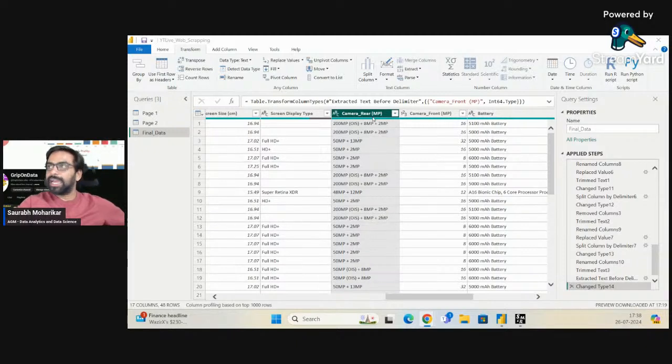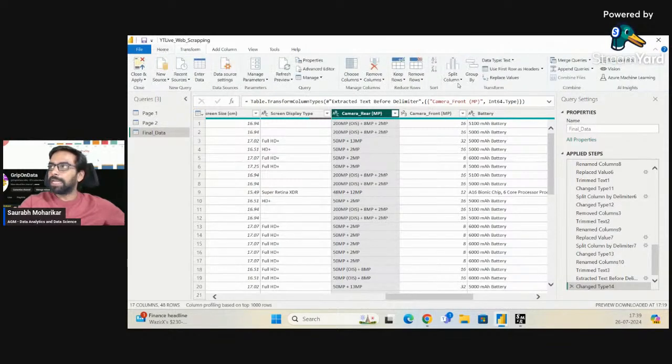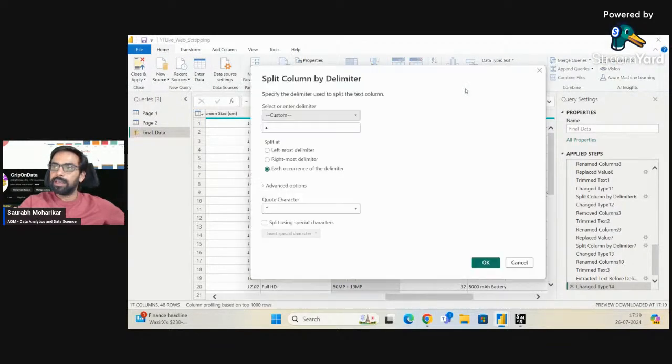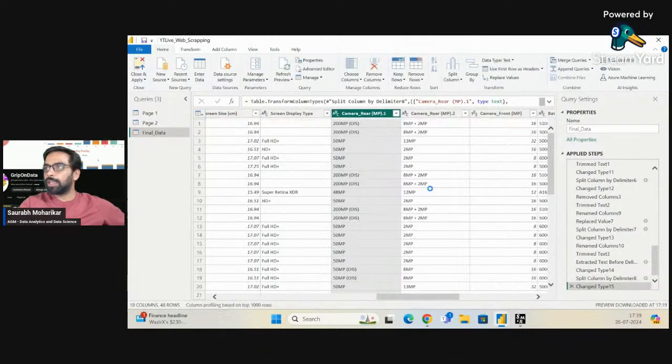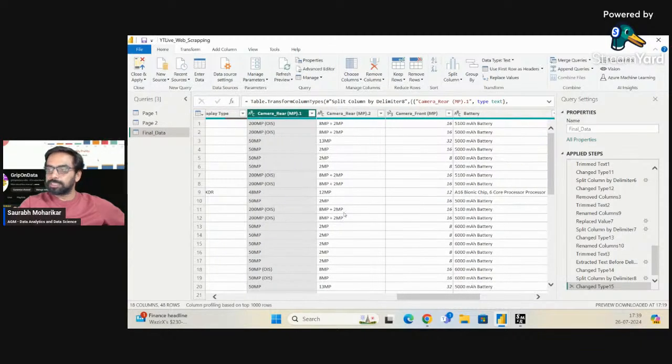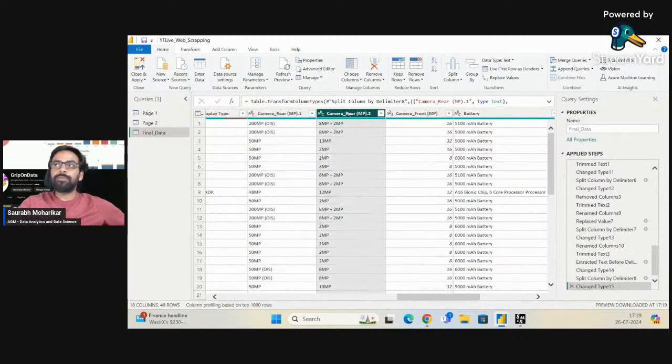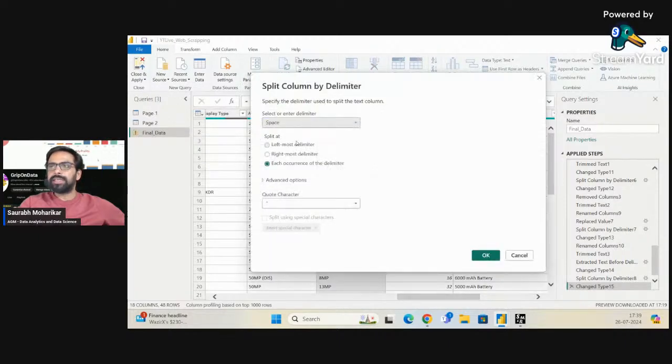Now using that I can see, now मैं इसलिए क्या करूंगा, यहां पर स्प्लिट करूंगा। I'll go back to home, I'll split column by delimiter, एंड इस बार मैंने डेलीमीटर क्या, वो खुद ही समझ जाता है। देखिए पावर बीआई, इट्स अ बिजनेस इंटेलिजेंस टूल, वो समझ जा रहा है कि भाई ये प्लस से ही करना चाह रहा होगा। आई क्लिक ऑन ओके। अब मेरे क्या हो गया, प्लस से मैंने पहला प्लस जो मिला उसने स्प्लिट कर दिया। यहां पर फिर मैं वही करूंगा, आई गो टू स्प्लिट कॉलम, डेलीमीटर, एंड आई से दैट ईच